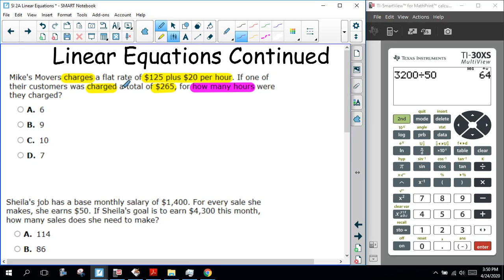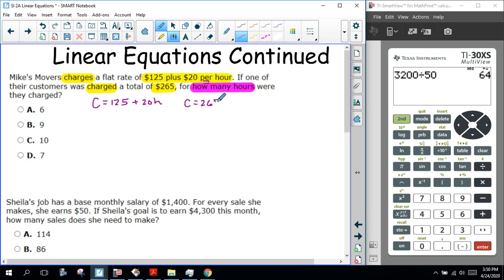All right. So this first sentence is basically an equation. It says he charges. Let's just call that C for charge. The charge is 125 plus $20 per hour. Well, that's a rate. Per hour means I'm multiplying times the number of hours. Let's call that H so it makes sense. Then it says the customer was charged. Well, C, once again, that represents the charge. In this case, the charge was